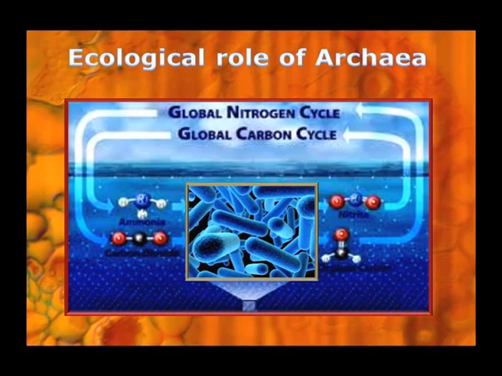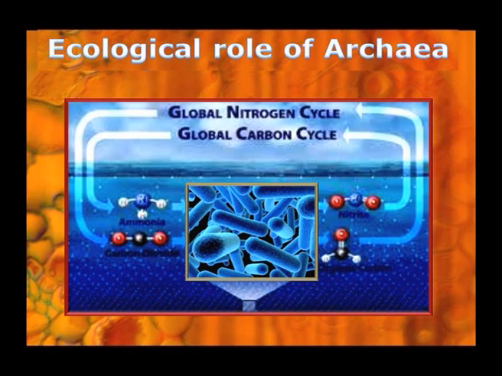For the generation of biodegradable thermostable plastics, Archaebacteria are utilized, and for wastewater treatment, methanogenic organisms are employed. For the extraction of cobalt, copper, etc., Archaebacteria are also needed because they have the capacity to extract some of the metal ions. Archaea has two types of ecological role. On one aspect, they can regulate some of the cycles, and they also interact with other organisms. First, let's talk about the cycles.